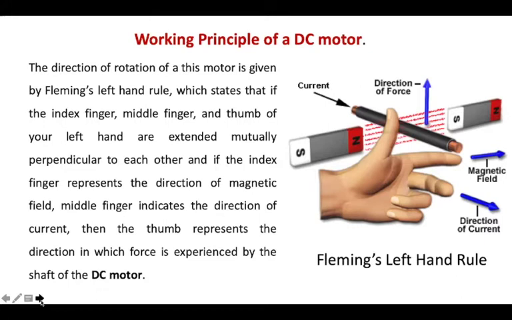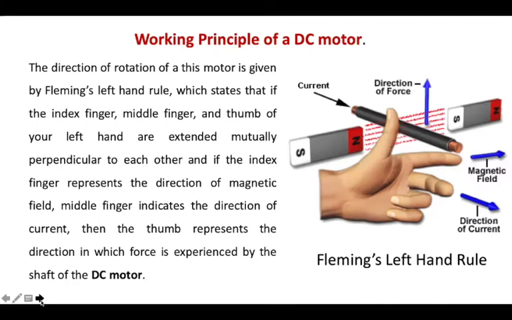Over here you can see in the figure that we have taken a current which is coming out of the screen, and the field direction is from left to right, and therefore the direction of the force will be upwards. So that is Fleming's left-hand rule. Now if you change the direction of the current, making it go into the screen instead of coming out of the screen, the force experienced will be in the downward direction, keeping the direction of the field the same as before.